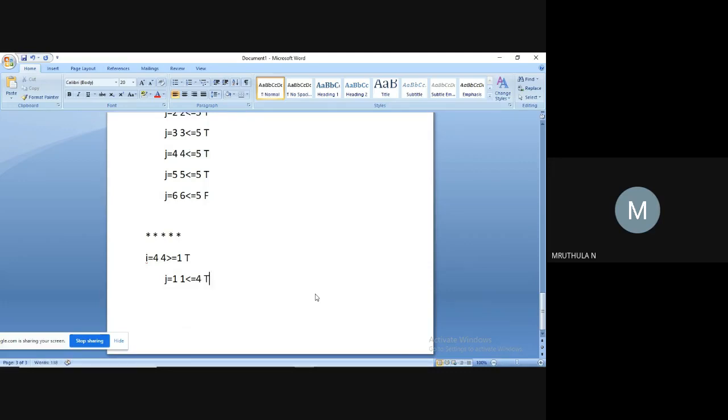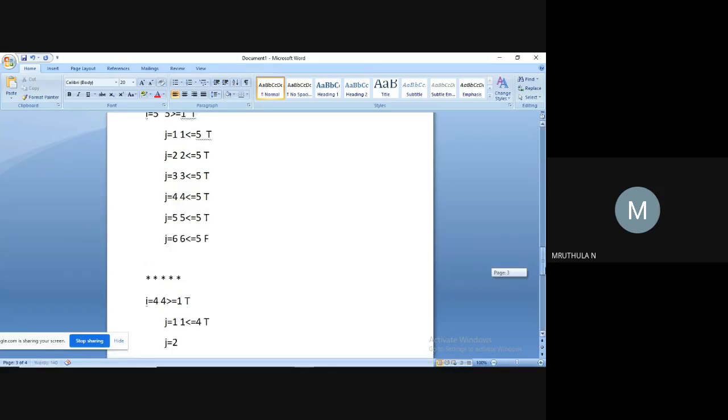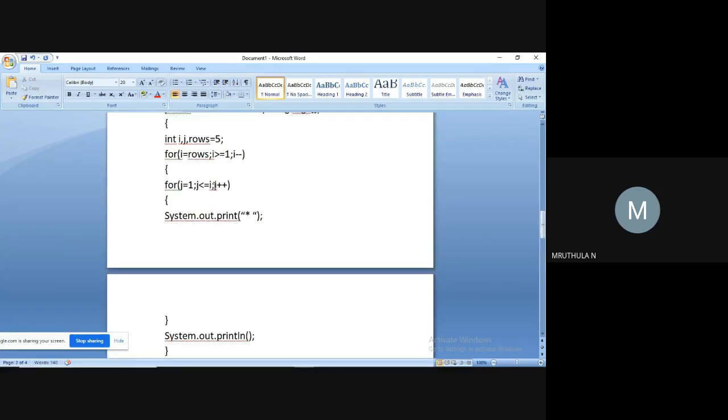Condition true. Then it simply displays a star with System.out.print star, so a star and some space will be there. Then we see the closing brace of the for loop. j will be incremented to 2 because there we used j++.